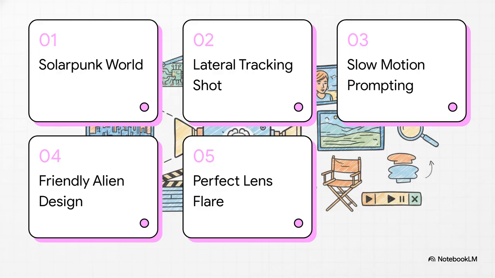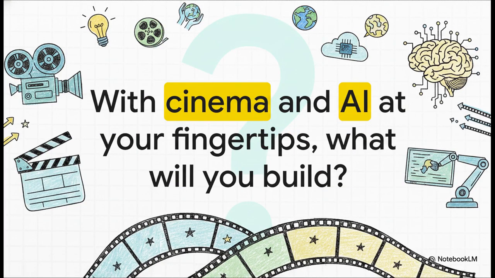So, let's recap our layers. Building a solarpunk world, the lateral tracking shot, prompting for slow motion, designing a friendly alien, and perfecting the lens flare. Understanding how a breathtaking shot is made means understanding how all these distinct disciplines seamlessly combine. We took a highly specific vision, a slow-motion clip of kids and an alien in a solarpunk forest, and we built it. Now that you know the recipe to deconstruct and rebuild the magic of cinema using today's tech,